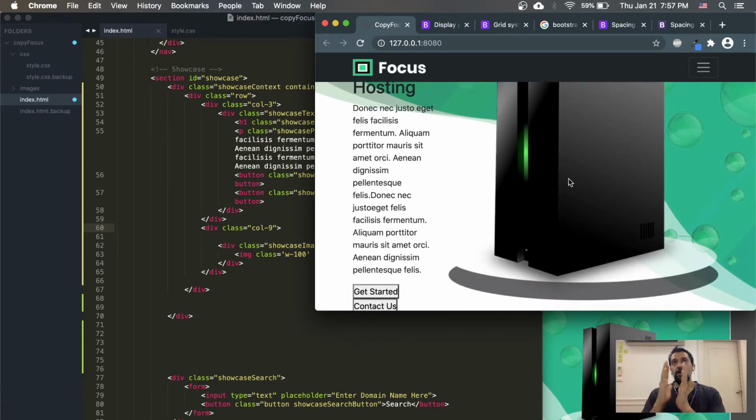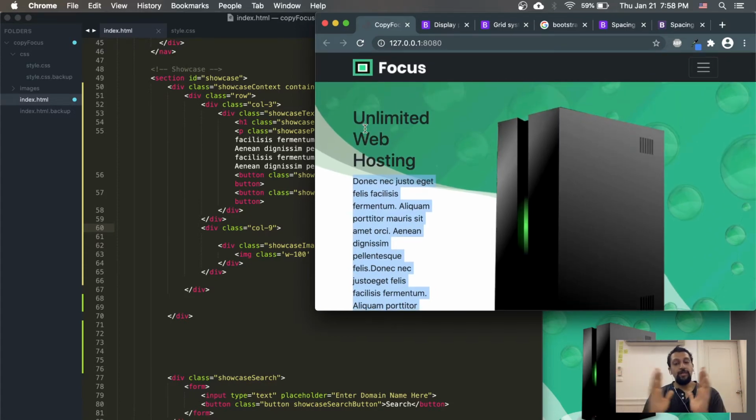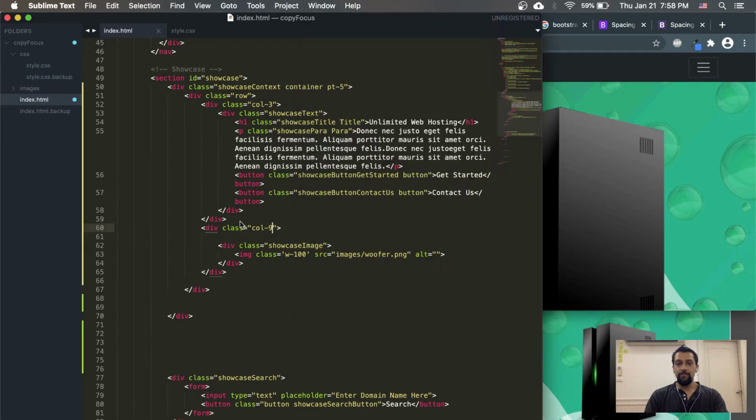And this side will use only 3 sections of the page. There are 12 sections in total, so we have 12 columns: column 1 2 3 4 5 6 7 8 9 10 11 and 12. The picture uses 9 of the 12 columns, and the text uses only 3 of the 12. And so if we want to change that up and force it to be 6, force this to be 6,